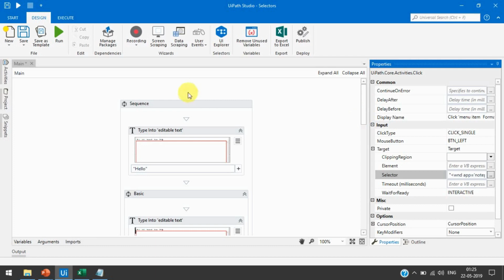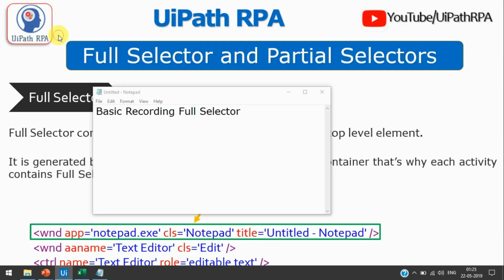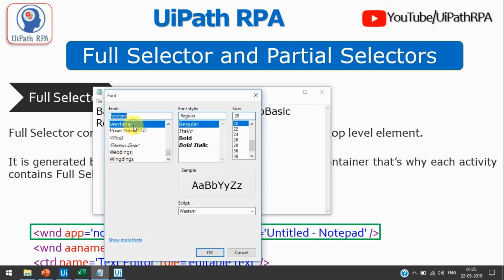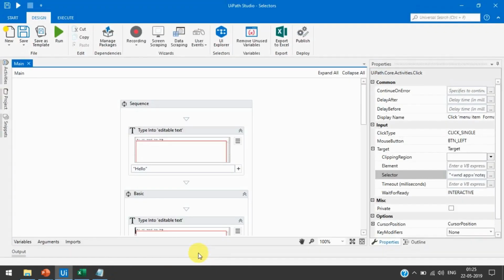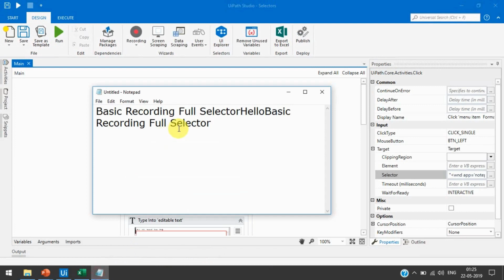So first let me run this. Now you can see it has written basic recording, full selector is selected, and then OK, right? So processing has been done, it is working fine.